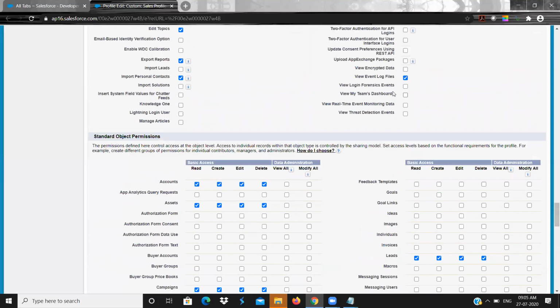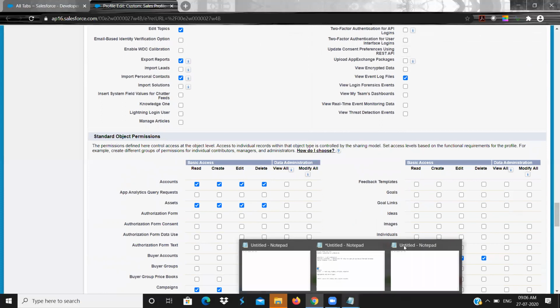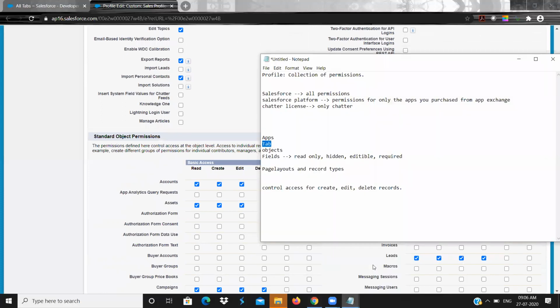We have something called view all and modify all. View all and modify all is a very important thing which in every interview or everywhere they will ask. View all, modify all.